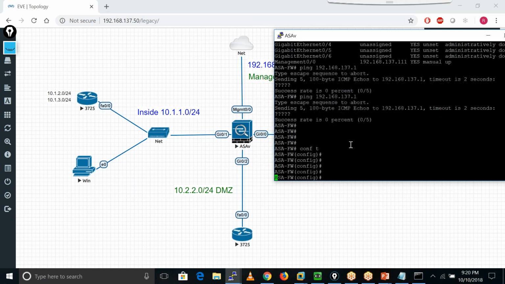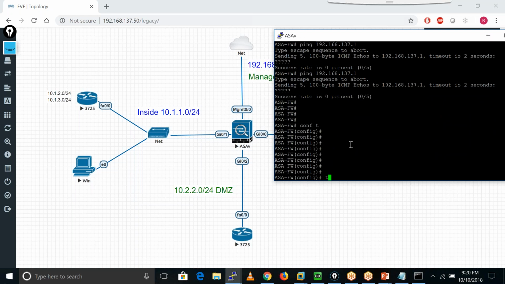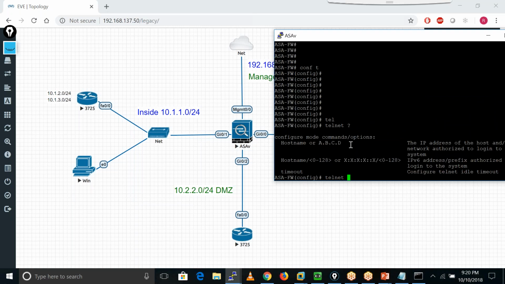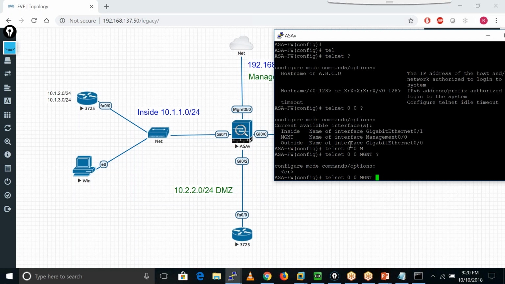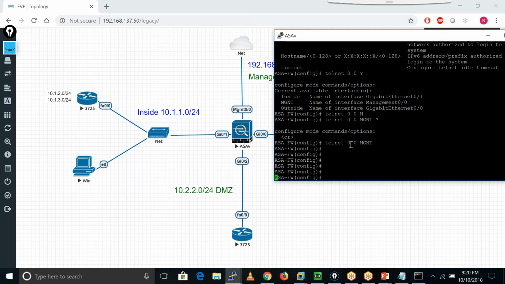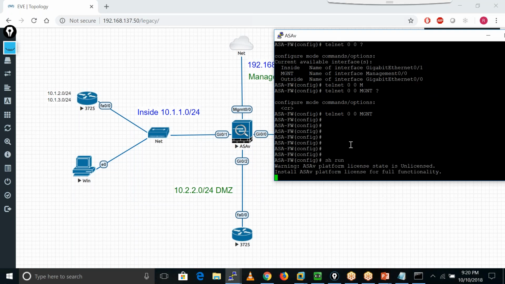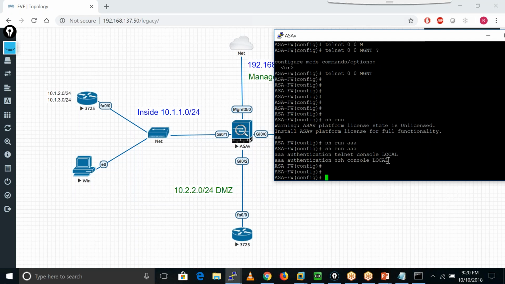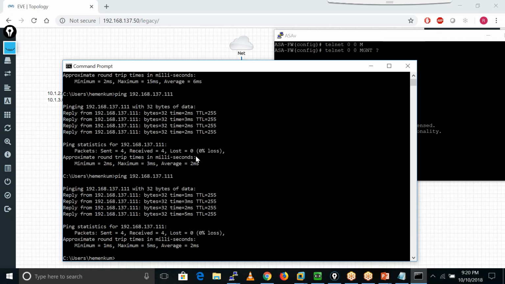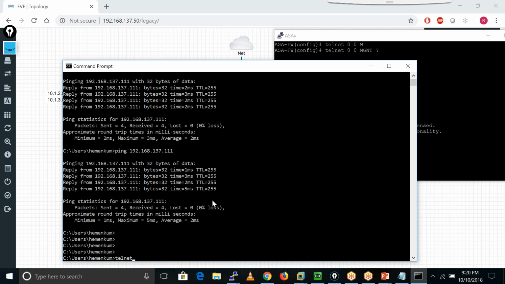So now let me enable telnet here. Telnet on the management interface. I will just use all the network, 0 0, which means anyone can telnet to management. Then let me see my typical configuration. I am already having some telnet related config here. So now this time, if I try to telnet to 192.168.137.111,